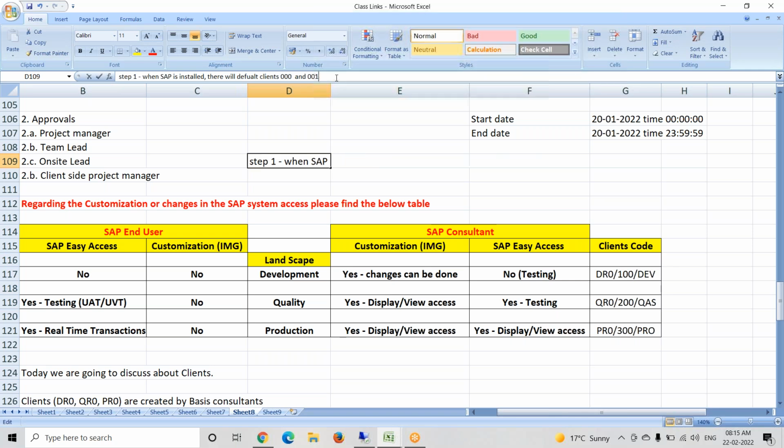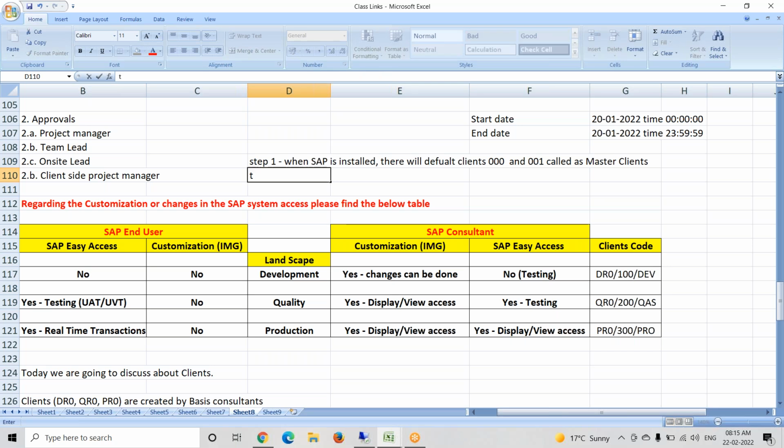We call them master clients. Based on the requirement, one of the clients, 000 or 001, will be copied. In our case, let us take that 001 is copied